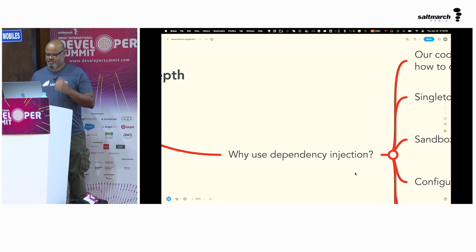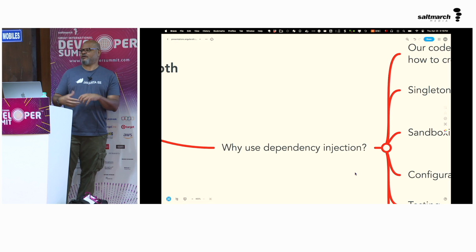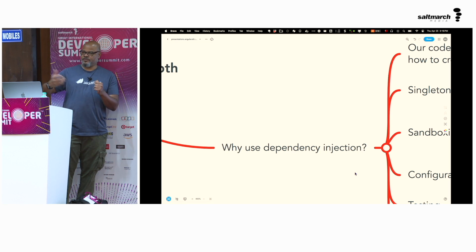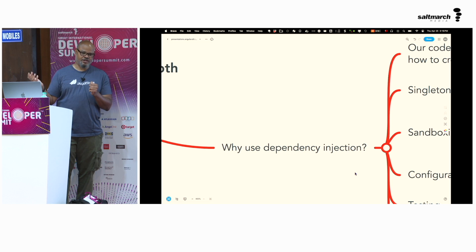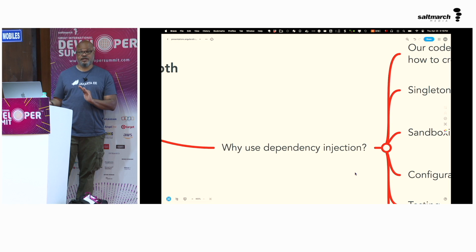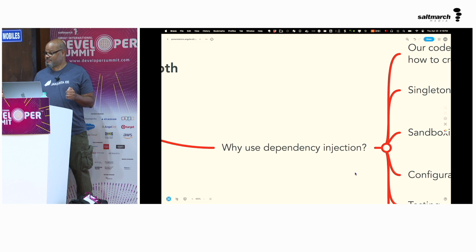Before we get into too much, though, I do want to talk about what exactly dependency injection is. I talked about it in general, right? If you're creating an object, normally you just do new whatever, and then you pass in whatever things you need into the constructor, then you set properties and you're good to go, right? But when you do that, you lose some flexibility, because you manually have to know how to create every object, and then you need to know how to create all of its dependencies, and then all of their dependencies. And eventually you spend a lot of time just creating objects.